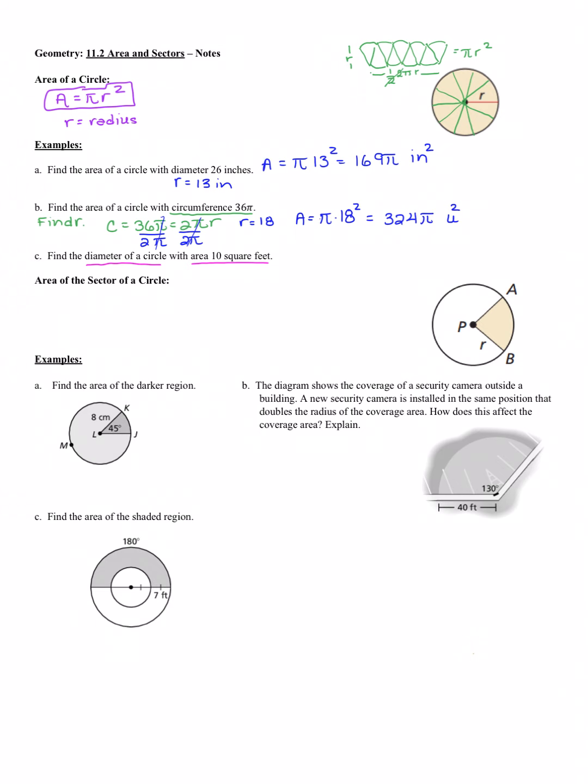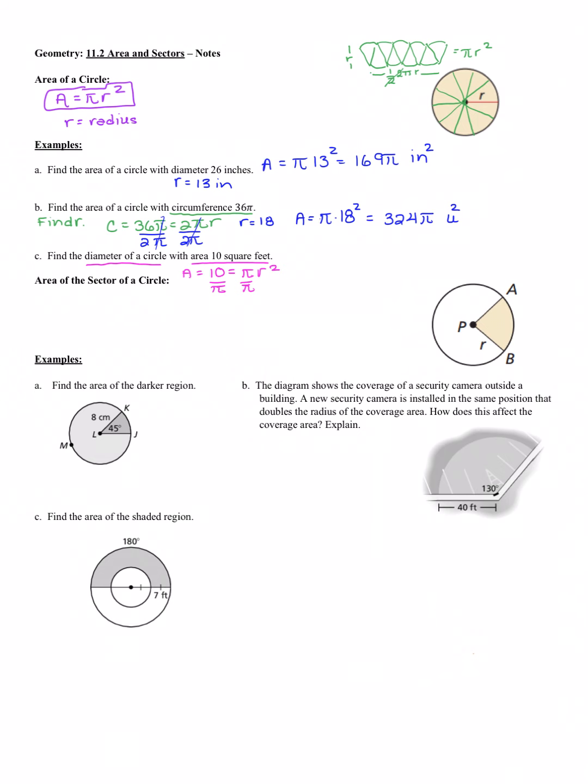Notice there's no pi's anywhere, so that means we're going to be working with decimals. That means you're going to need your calculator. So our first goal again is to solve for probably the radius, and then we can double it to find our diameter. So my area is 10, and that equals pi r squared. So I can divide by pi,